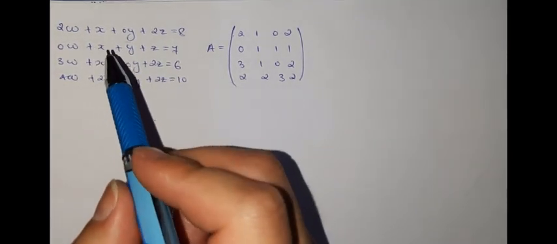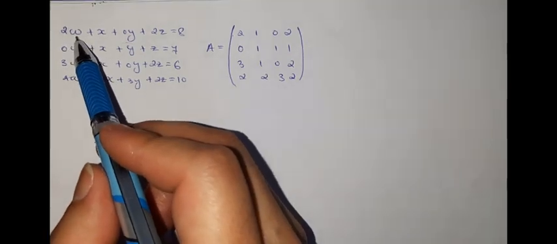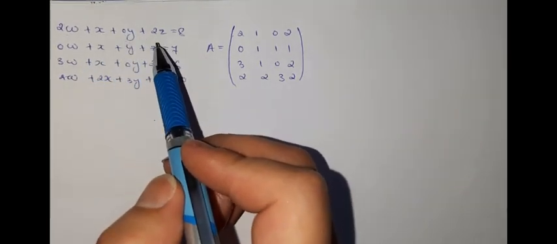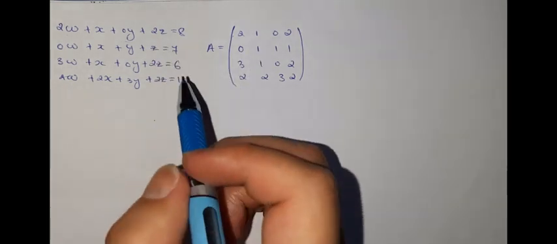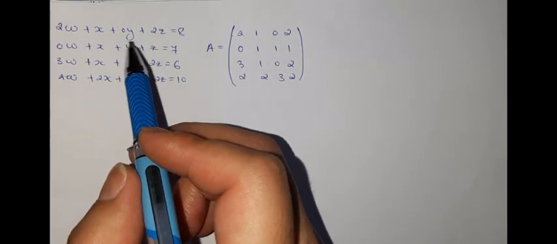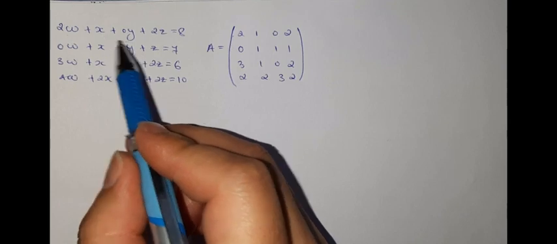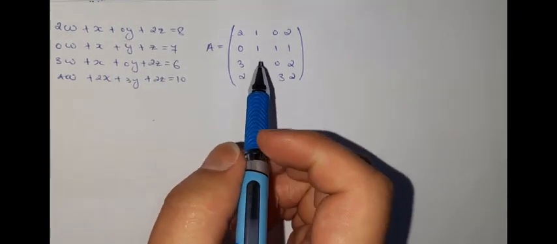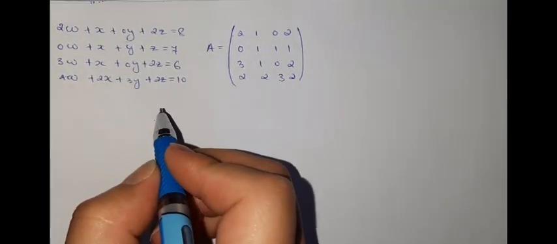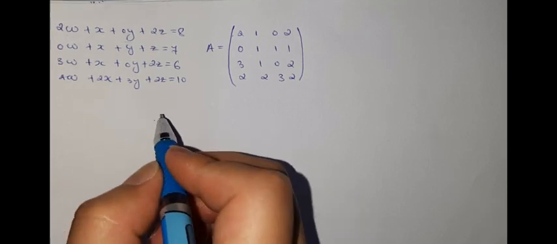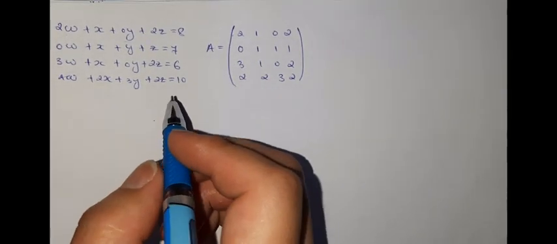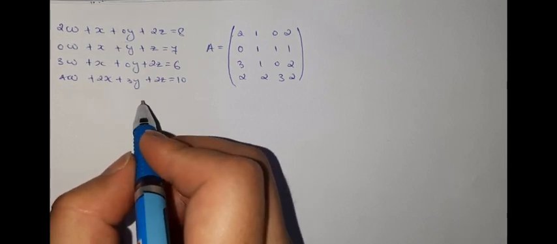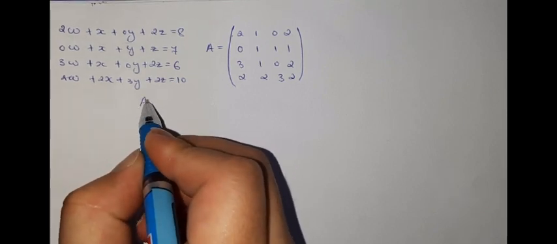If we want to find the unknown values of w, x, y, z, we can find them with the help of a matrix. I've written down the same values in the matrix. So I'm going to find the inverse of this matrix, A inverse. For that purpose, we know that A inverse A will